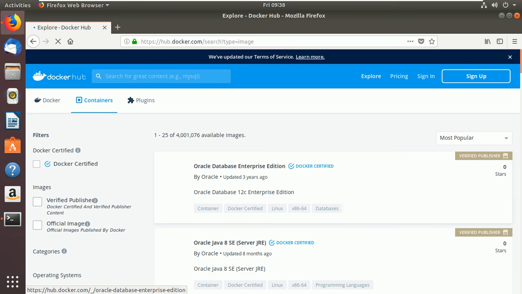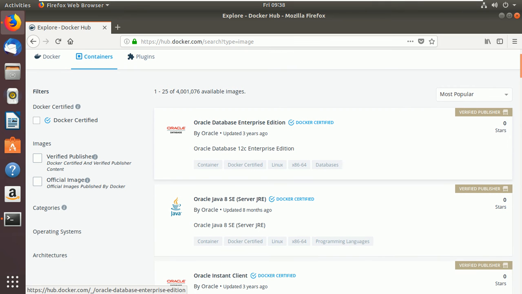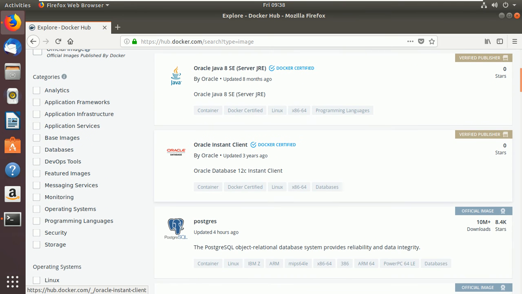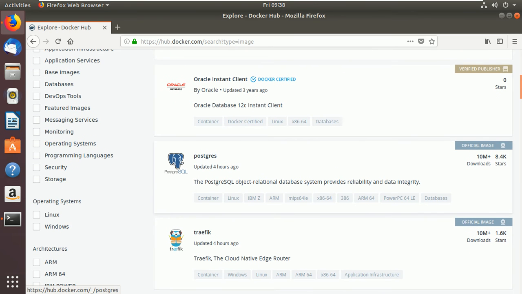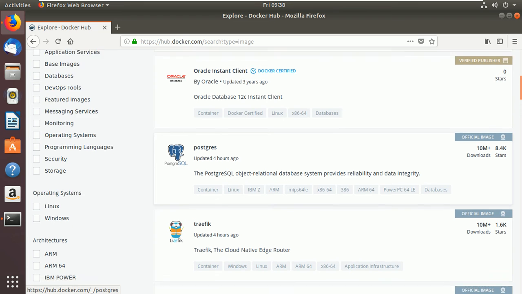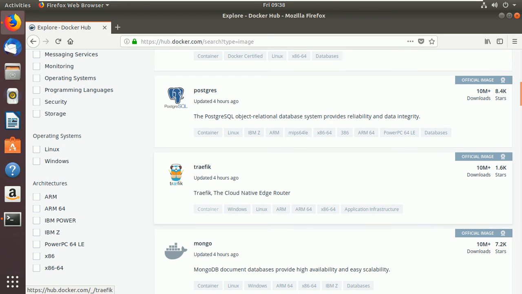Now you can see a lot of images are available here, right? If you are an Oracle developer, you can see the database is available. This is also Oracle Instant Client. This is Postgres, this is for SQL, and this is the cloud native edge router.